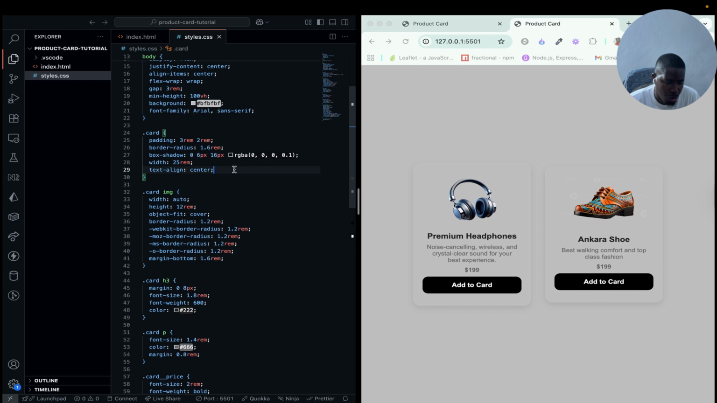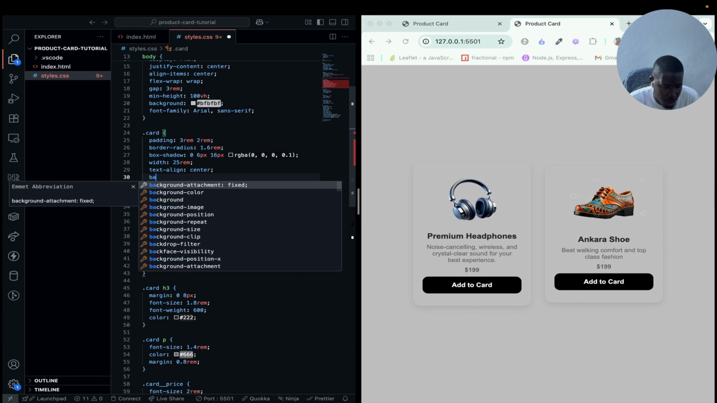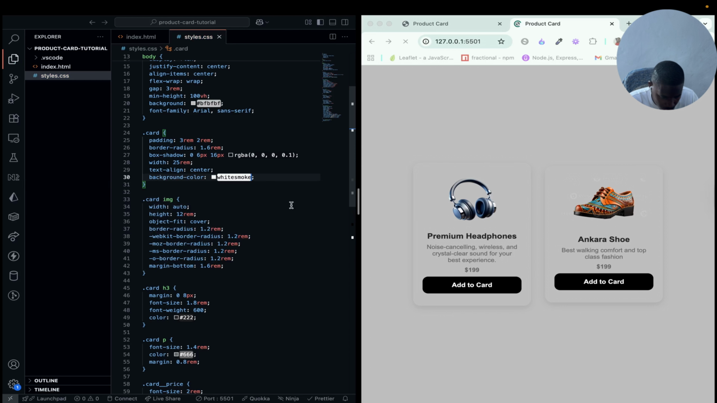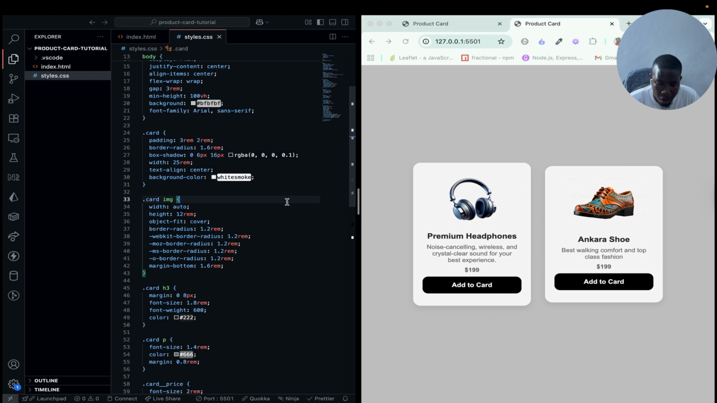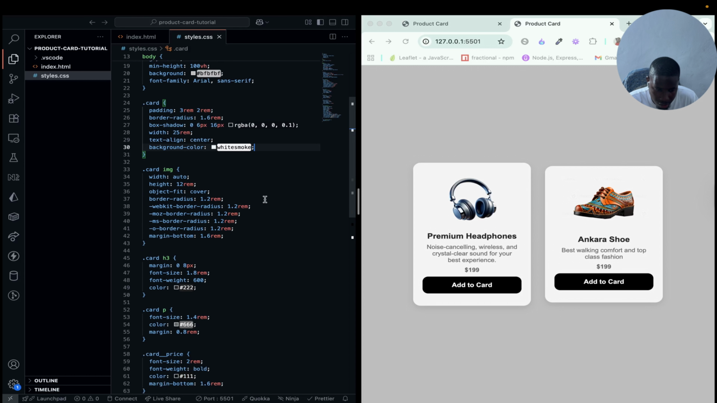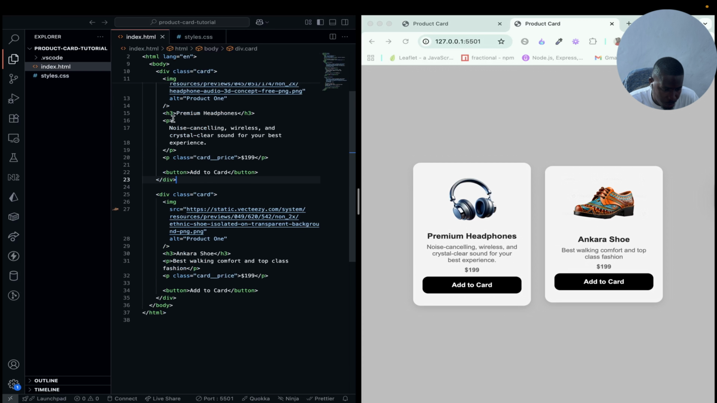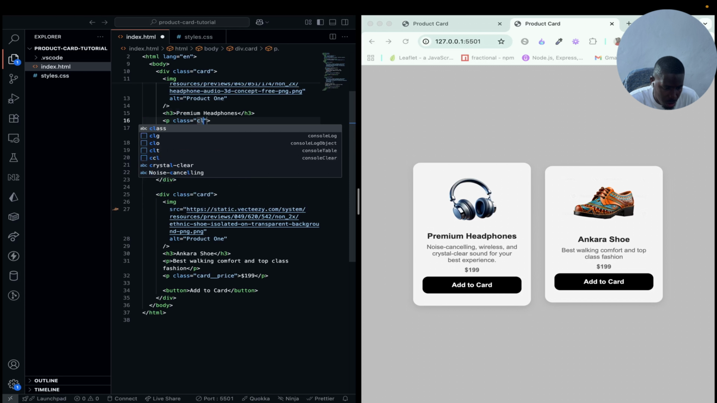So to start off, we can add the background color to the card, and maybe something like white smoke, just to get a feel of what it looks like. Now with what we have, maybe we just try to fix the height difference on the card. I can go ahead and just maybe add a class to the description. So I can just say class card